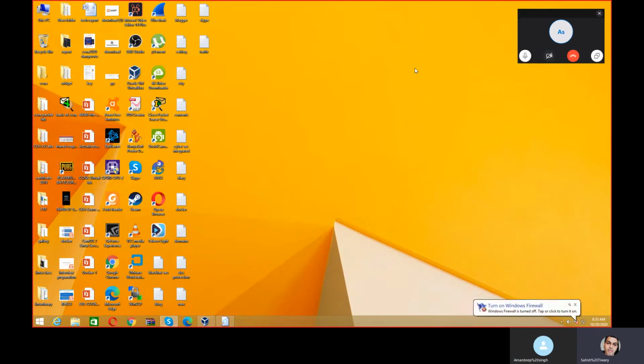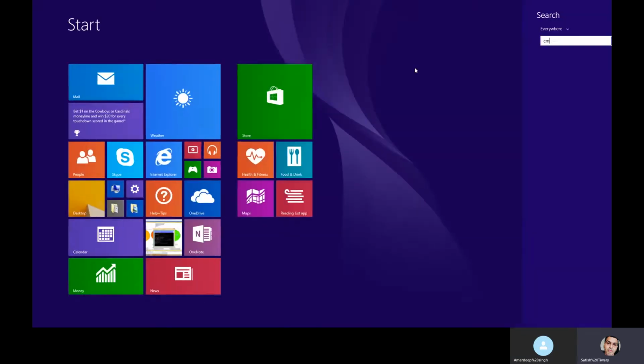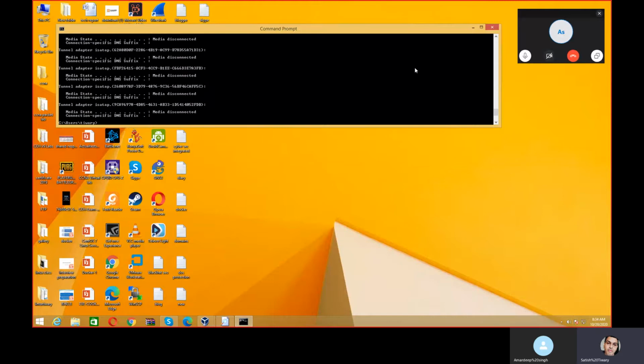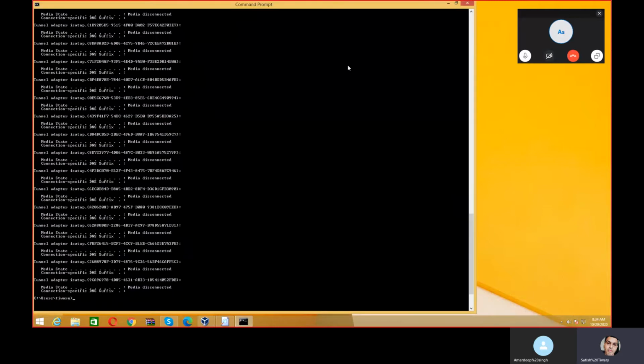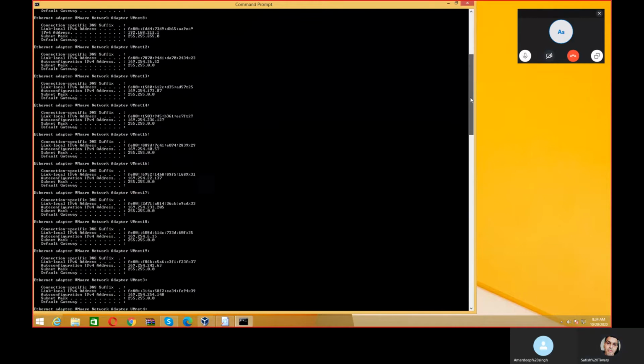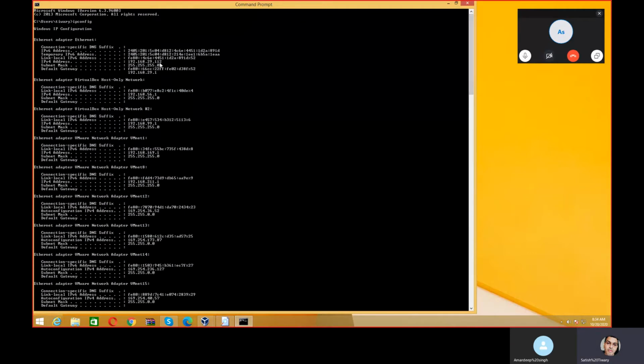Now your Windows firewall is off. Now go to your Windows again and see your IP address. So the IP address of my Windows machine is 192.168.29.112. I am seeing the Ethernet adapter IP because this machine is connected with a LAN card.